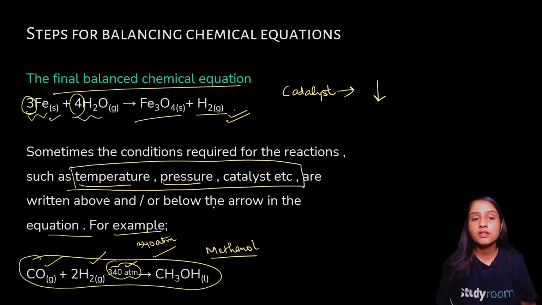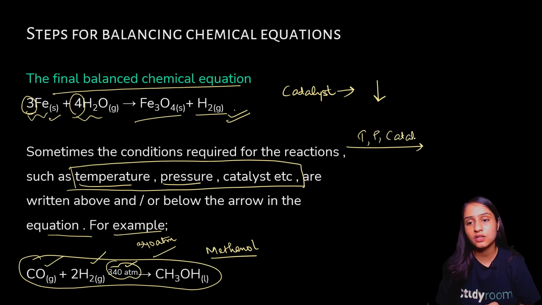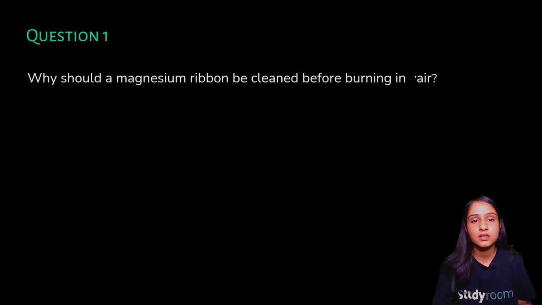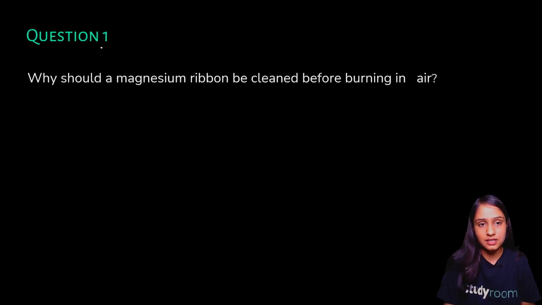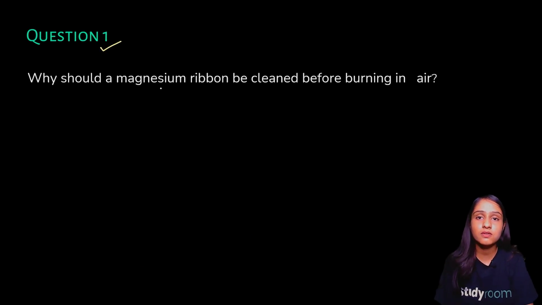So every requirement of the reaction you need to write above the arrow, whatever the temperature, whatever the pressure, and whatever the catalyst you are using, you need to write it on top of the arrow, because this suggests that because of these requirements the chemical change is happening, and without this the chemical reaction will not occur. Okay, so let's get into question number 1,